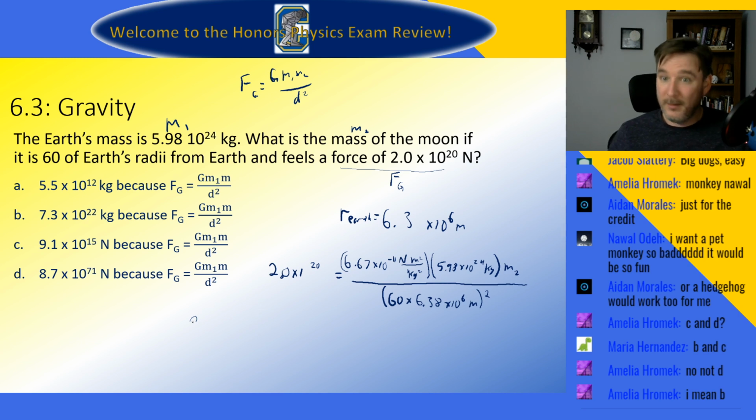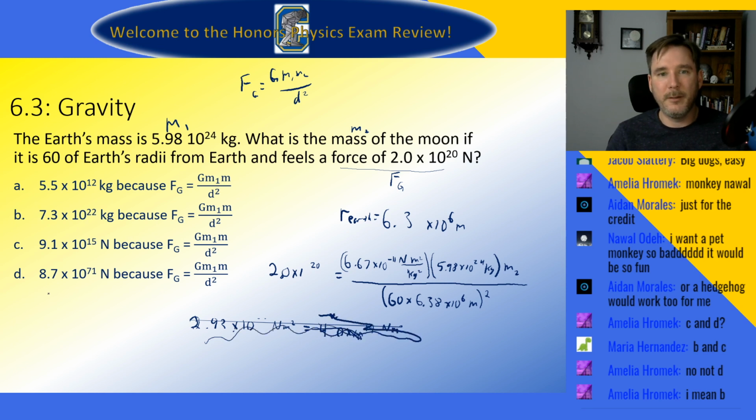Okay. Well, I multiplied both sides by the bottom. Let me just rewrite that. I believe it was... Holy cow. All right. I'm going to do it over here. 2.9 times 10 to the 37th. And this was supposed to be newtons over here. Somehow that got erased. So it's still newtons, and meters squared is equal to, and then I do the top